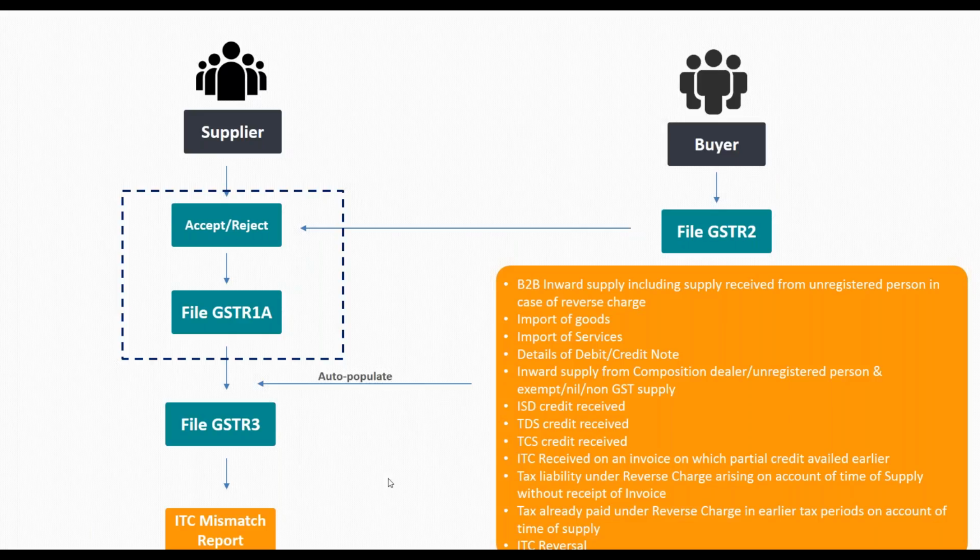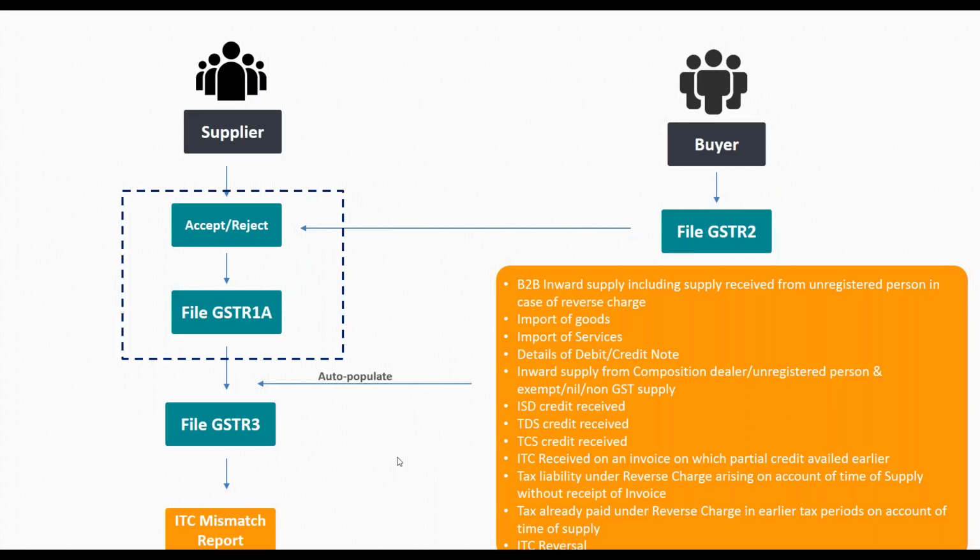And from GSTR 3 you will have an ITC mismatch report, which will show how much credit you have got from your purchases and how much tax you really need to pay. So this also needs to be reconciled with the GSTN system. This appears to be a little bit complex, but with highly evolved IT systems,